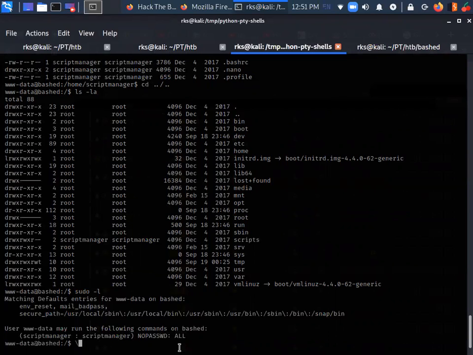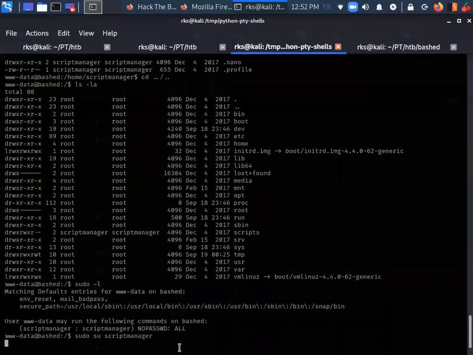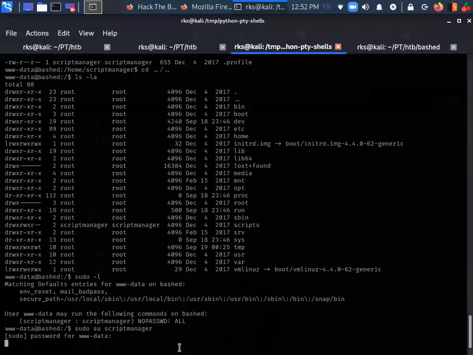So very quickly, what I'm going to do is sudo -u, okay, or I can just do sudo su script manager, and it says password for www data. I do not know it.